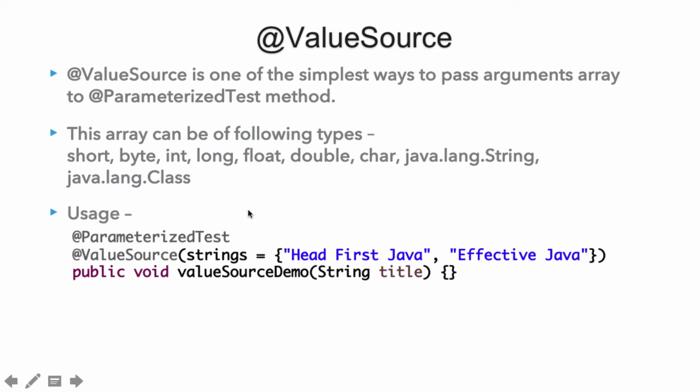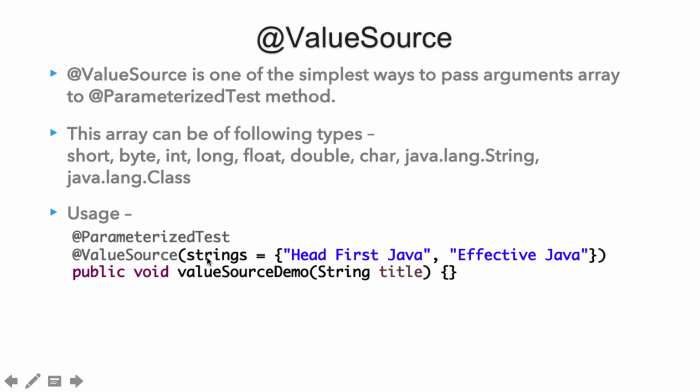So let's see one of the usages. Let's say we create one test by the name valueSourceDemo, and here you can see that instead of providing @Test, if we want to make this method a parameterized test, we need to use the annotation @ParameterizedTest. And as we have annotated this method with @ParameterizedTest, JUnit comes to know that this method will get an input in the form of an argument. So it is mandatory to provide at least one source of different arguments to @ParameterizedTest. So we can use @ValueSource to provide different arguments in the form of an array.